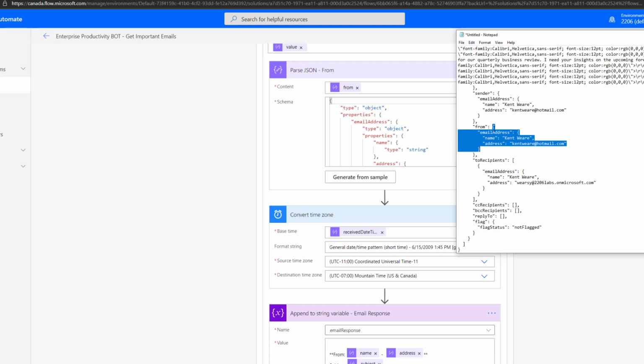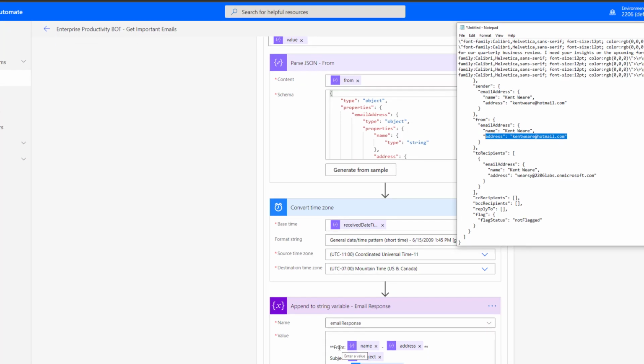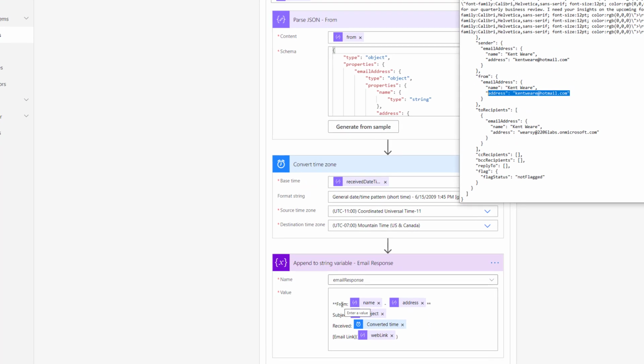So what we can do is basically copy this selected node, from the opening to the closing braces, and then put it into this parse JSON action and then include the content from the from field. And then we'll be able to access the name and the address. And that's exactly what we do in this action below here when we want to prepare our response for the